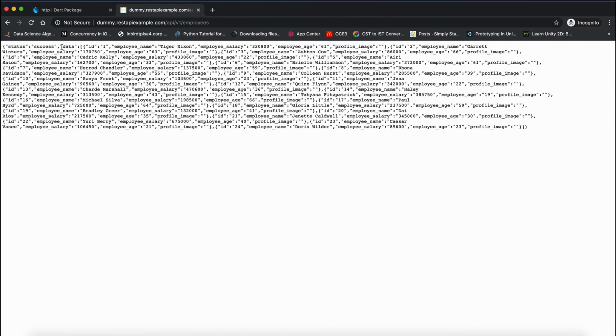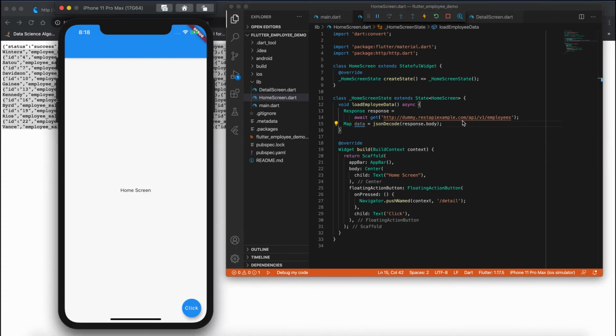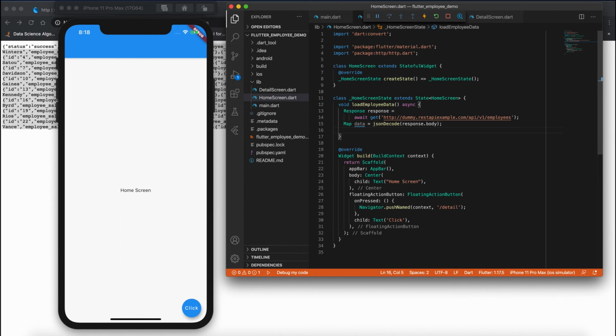So we have our data placed inside this data key, so we need to fetch all the information from this data. That's the reason from the map we will fetch the data. Now I have all my data over here inside this data. I want to fetch this data using a print function.